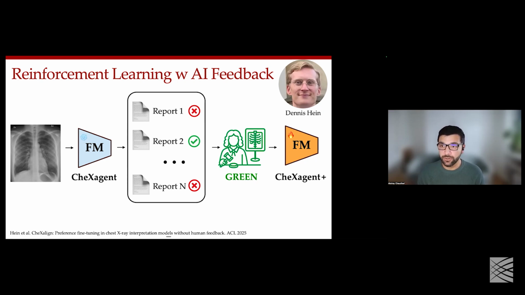This is very similar to this notion of reinforcement learning with human feedback, where we rely on the stochasticity of models to generate a variety of different outputs. And then we use an evaluator, either human or AI, to reinforce a particular reward model. Like, what would a human prefer? Are there mistakes in this particular prompt?